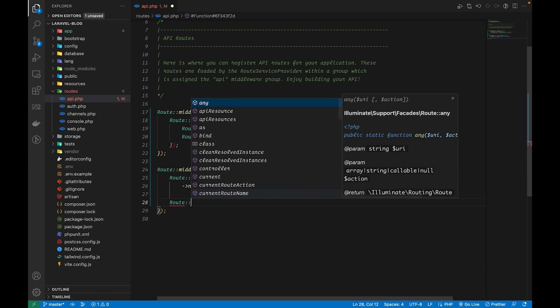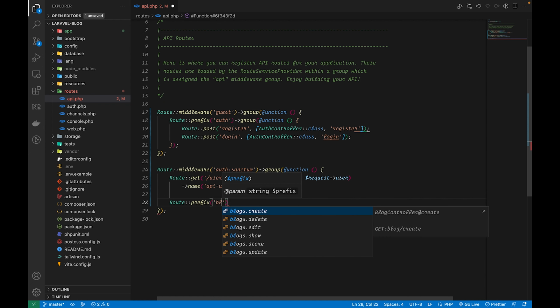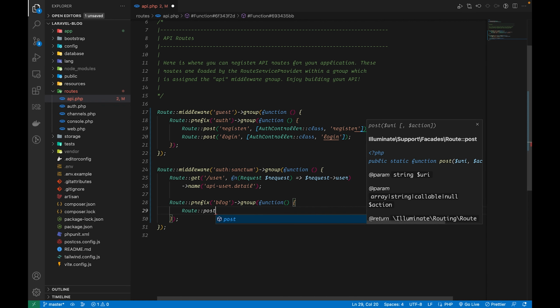Next, I'm going to create a group route for blogs. So route with a prefix of blog, group function, and let's define our routes. So there are three routes that we need to make for blog. One for creating the blog post, one for updating the blog post, and the third one for deleting it. So the first one is going to be route post